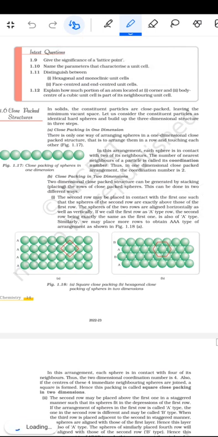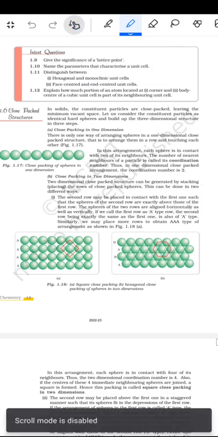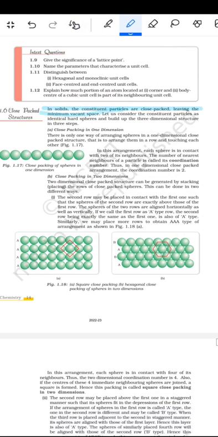अब एनसीईआरटी क्लोज पैक्ड स्ट्रक्चर के बारे में कह रहा है कि in solids, the constituent particles are close packed, leaving the minimum vacant space. Let us consider the constituent particles as identical hard spheres and build up the three-dimensional structure in three steps. तो पहला है क्लोज पैकिंग इन द वन डायमेंशन।